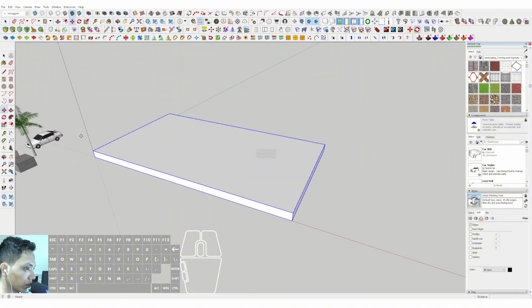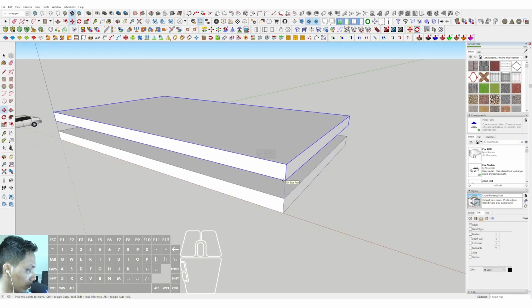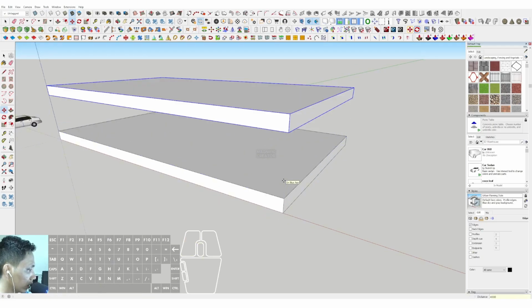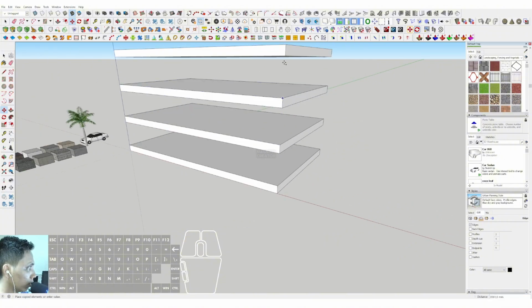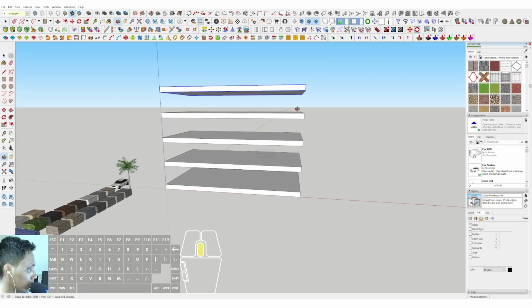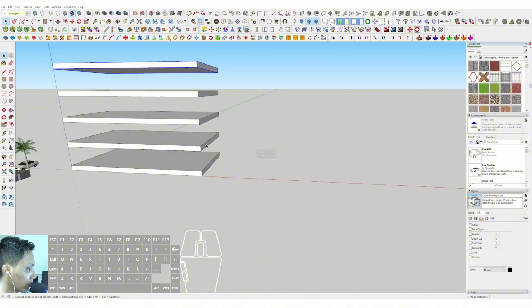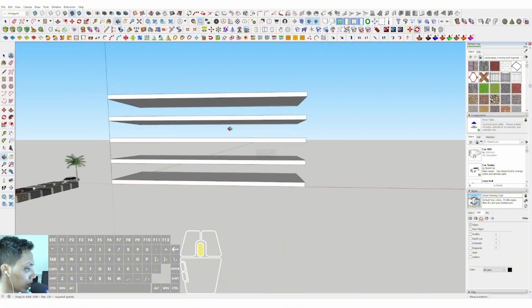After that, we can select move, tap control, and click from this corner to this corner. Then we can move it up, type 4 meter in here. Then we can select move, tap control, and again until the floor story in here. So it has a floor story in here. But in this case, we will make the long commercial building in here approximately just like this, and then we